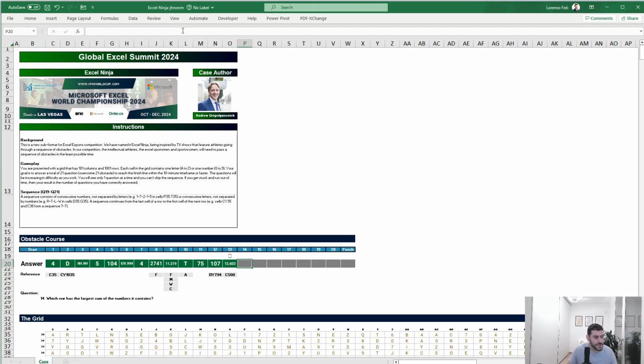Okay, which row has the largest sum of the numbers it contains? Which row has the largest sum of the numbers it contains? I don't understand the question. Okay, I think I understood. I cannot use